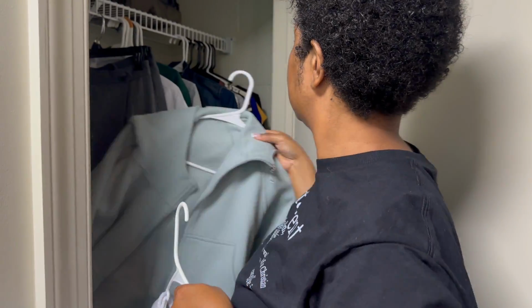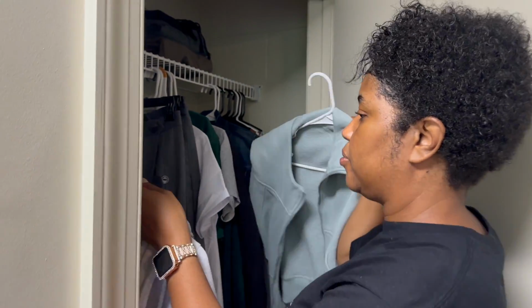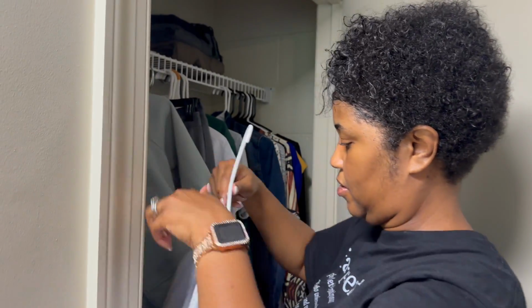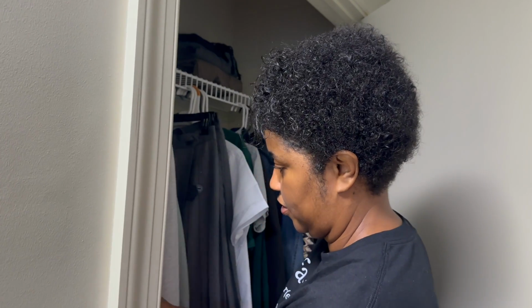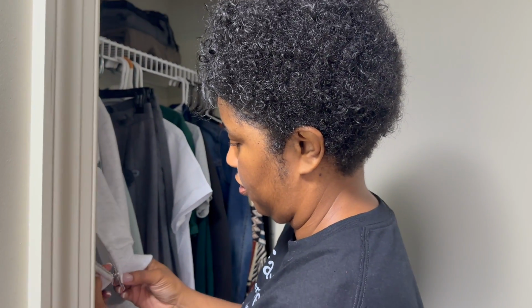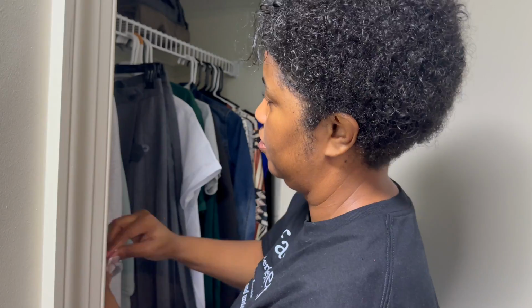System for what we were hanging up. The uniform stuff right in the middle, jackets to the left, dresses to the far right. So it made it really easy to hang things and make it easier for her to see. Man, we were on a roll until...